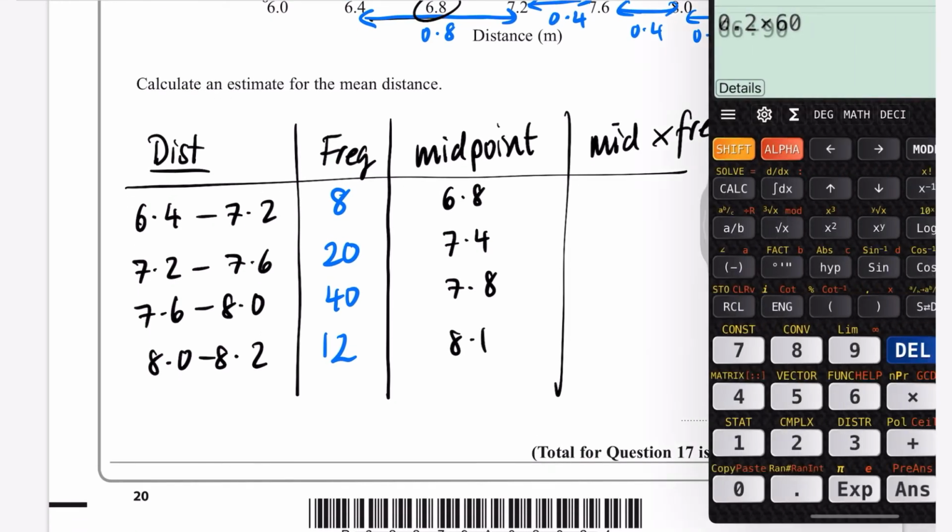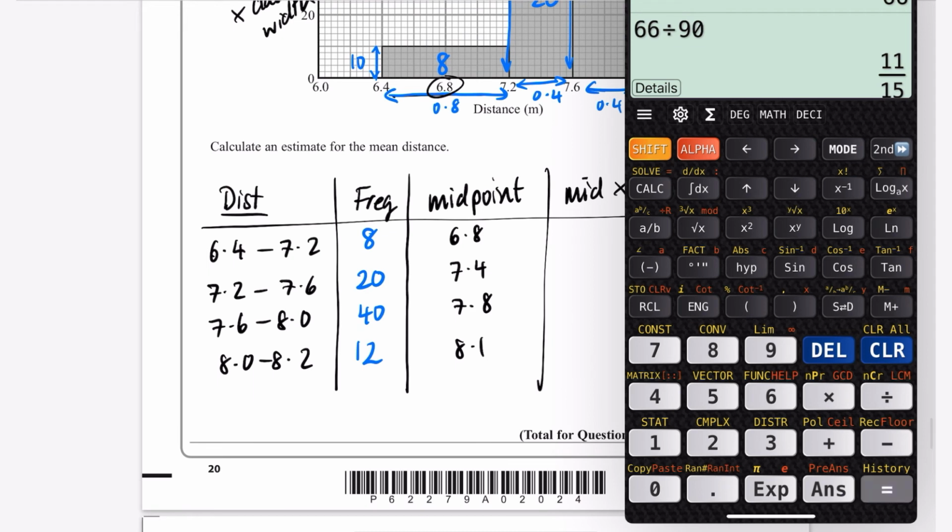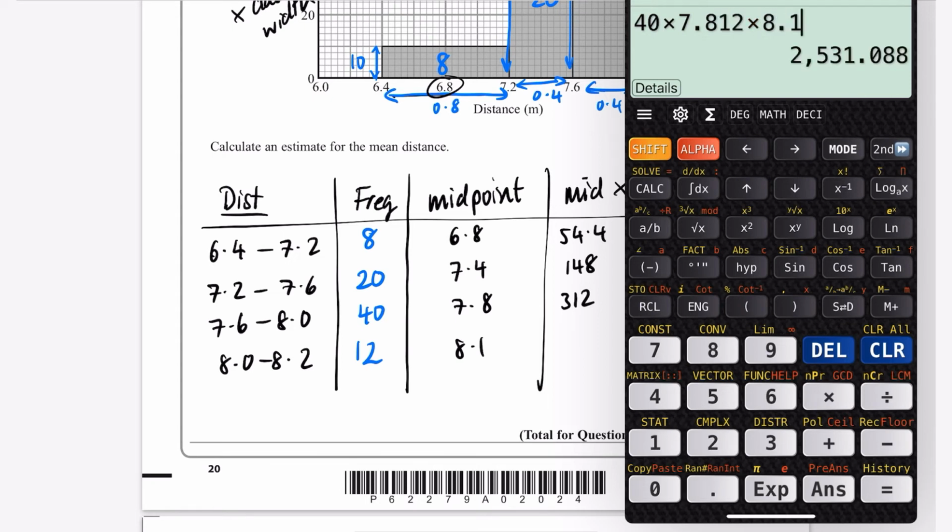So I'll do the midpoint times the frequency for this. 8 times 6.8, that's 54.4. 20 times 7.4, so 148. 40 times 7.8, 312. And 12 times 8.1, I made a mistake there, 97.2. Now, we add up all of those numbers, so that's 54.4 plus 148 plus 312 plus 97.2,